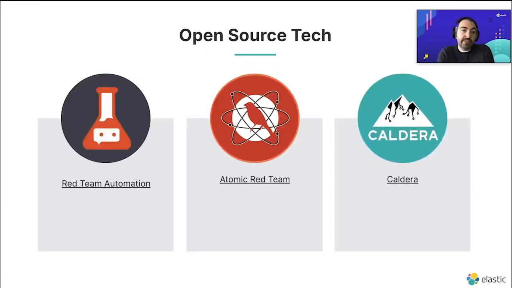Now on the software side, what software do I choose? I'm a big proponent of open source tech. It allows you to test software before actually making an investment. The three that come to mind are Red Team Automation, which is built by Elastic teams, the Endgame team, and Atomic Red Team. They have overlap between each other where they're looking at just deploying individual techniques. Atomic Red Team has built out a little bit further now, and you can do full suite campaigns.